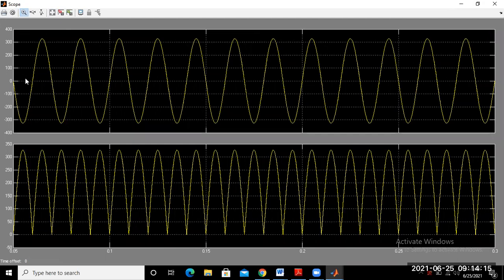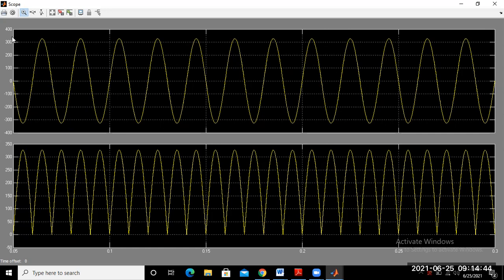So this is your input voltage waveform, the sinusoidal. Input voltage, first axis, that means the upper axis, the waveform of the supply voltage. So this is the sinusoidal waveform. And this one goes from 0 to 300 and something.